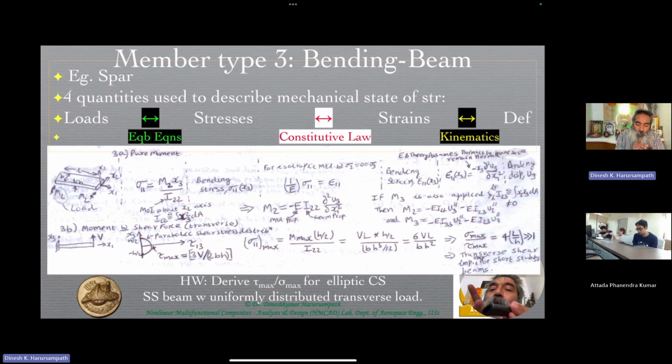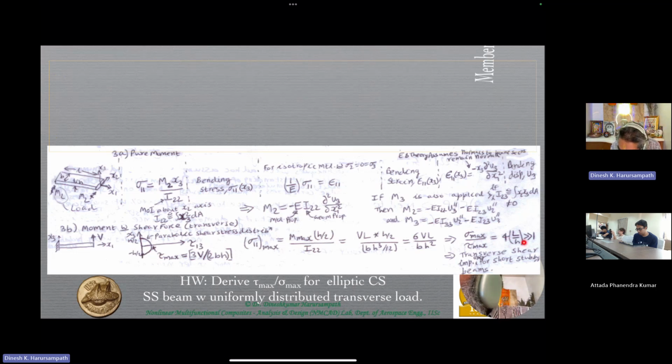And therefore, you would have a short stubby beam. When you have a short stubby beam, you see that this L by H will no longer be very large. And therefore, if it's not very large, then you will see that tau max becomes almost of the same order of magnitude as sigma max. And therefore, you will have to consider that as well, which is what you do for cases like